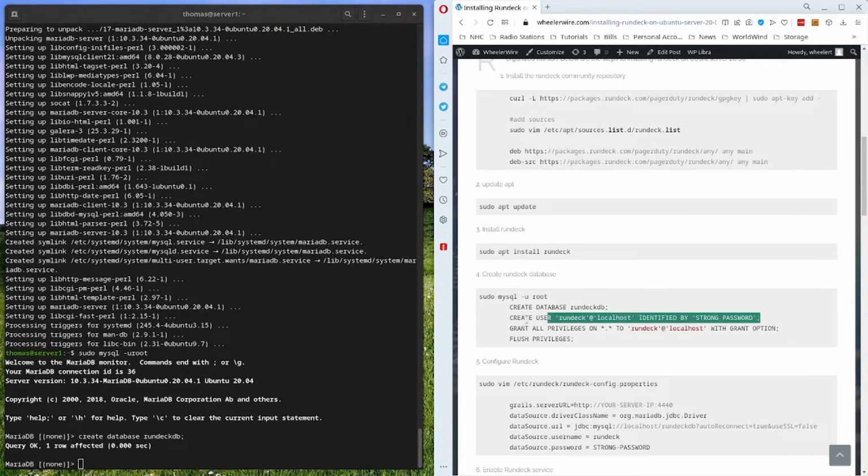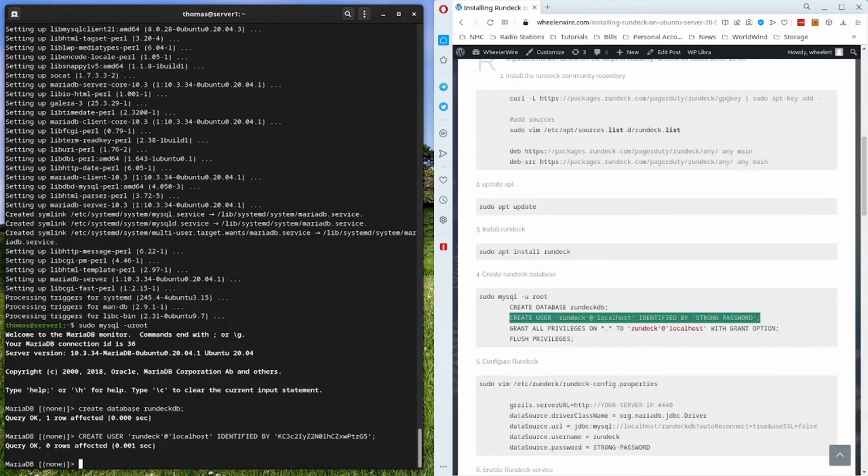Now we can create a user, and let's get a password for that user here. Okay, create the user